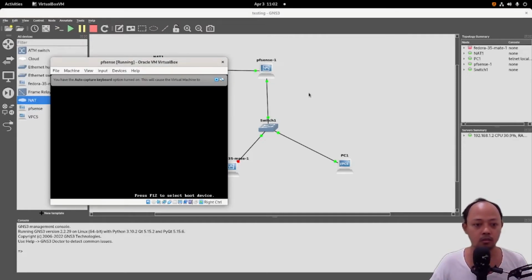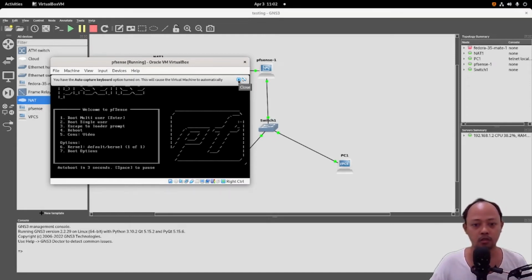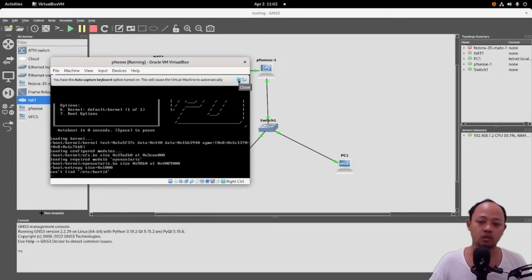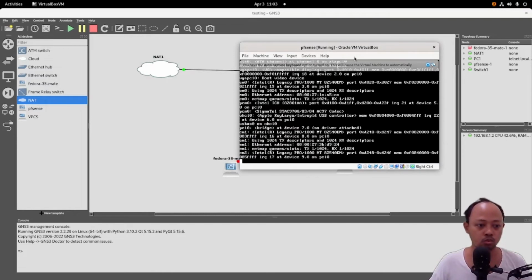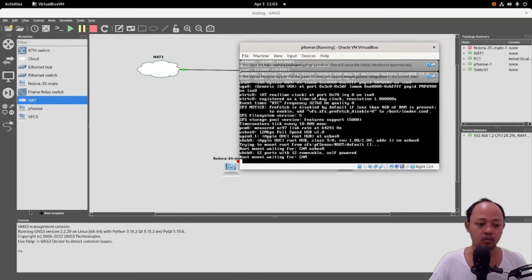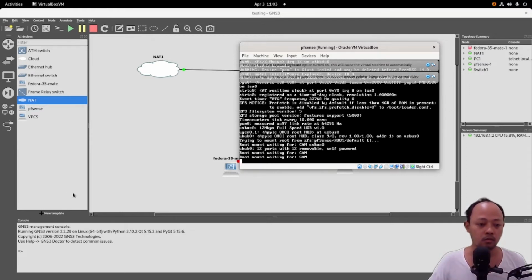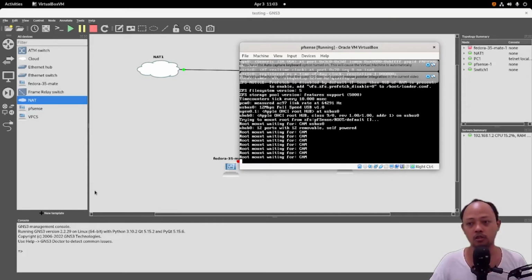In the previous video, I already shared how to install pfSense in our VirtualBox, and how to add a new template from the VM in VirtualBox into GNS3.